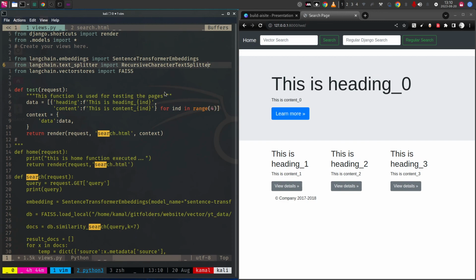This is actually not required for our purpose, where we are only going to use it for getting the similarity search. So we don't need this, but when you're going to create the FAISS database, you will be needing it. And the vector store that we are going to import is FAISS. Next, what we are going to do is let the test request be there. We will continue on with the,